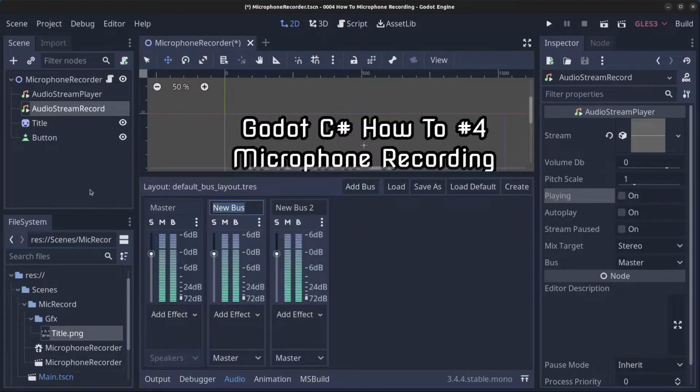Call the first bus muted bus. And the second one record. And add the effect record. And this bus should go to the muted bus. We're also going to restore the audio stream player here for the record to re-record, like so. And playing on. Now you can see we are routing things from the record bus to the muted bus to